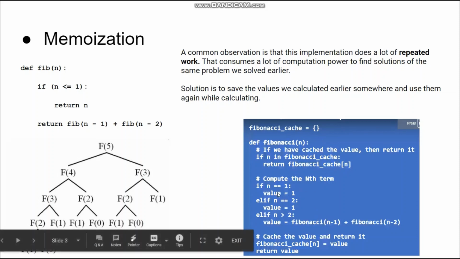So otherwise the whole program is the same. Basically, if n equals 1, you return 1. If n equals 2, you return 1. And if n is greater than 2, you're returning the Fibonacci of n minus 1 and Fibonacci of n minus 2. The difference here comes